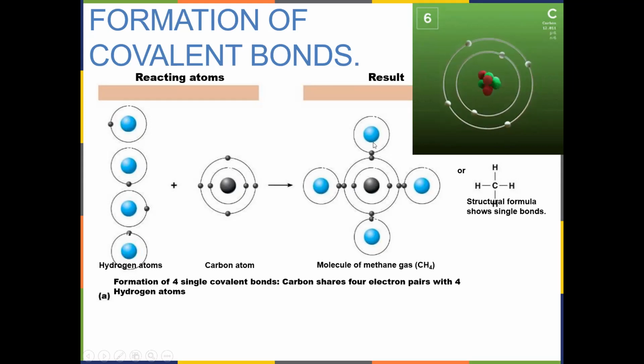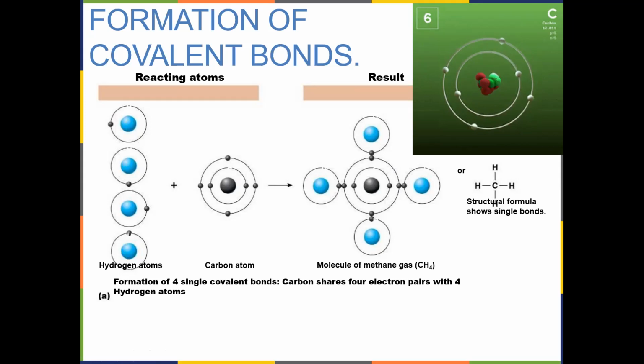Those 2 electrons will spin around the hydrogens and spin around the valence shell of the carbon. And if we do it again, we have 2 electrons that can spin around the hydrogen and 2 electrons that can spin around the valence shell of the carbon, and it happens again and again. And so we end up with a totally different compound, a totally different molecule. By stringing together 4 hydrogens with a carbon atom, we no longer have the properties of a carbon atom and the properties of a hydrogen atom. We have a new molecule called methane.